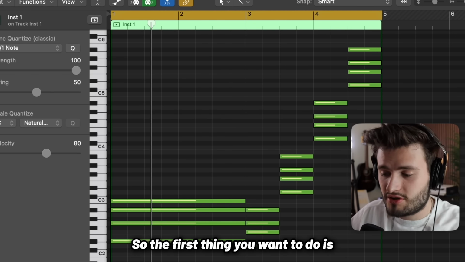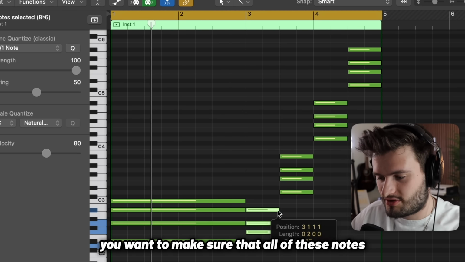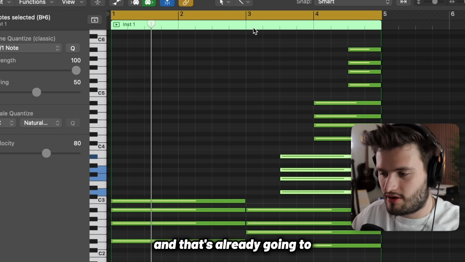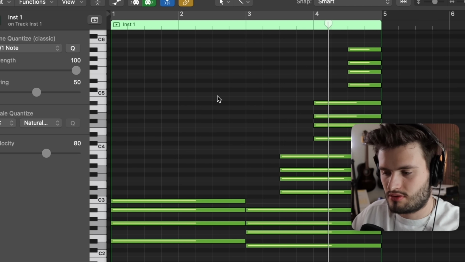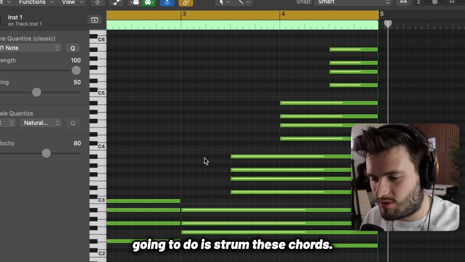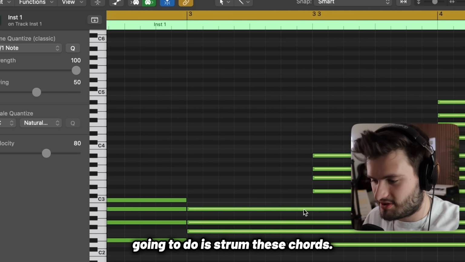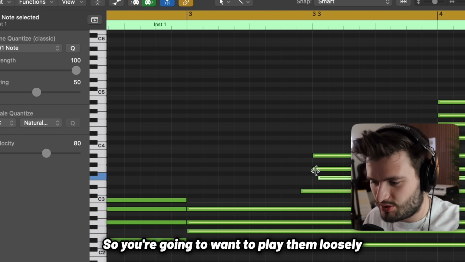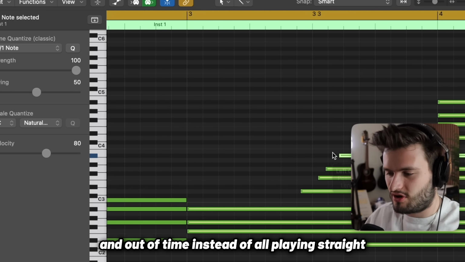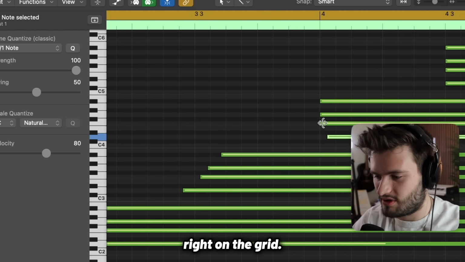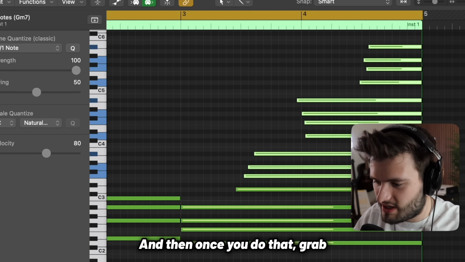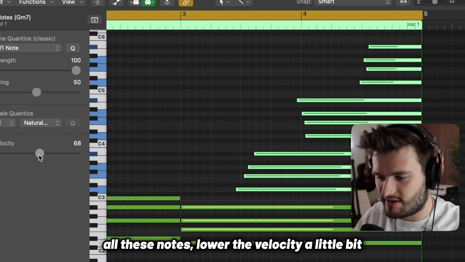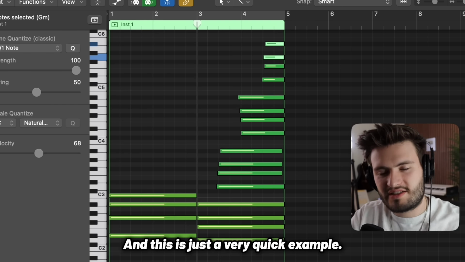So the first thing you want to do is make sure that all of these notes are going to play all the way through, and that's already going to sound a little bit smoother. Then the next thing you're going to do is strum these chords. So you're going to want to play them loosely and out of time instead of all playing straight right on the grid. And then once you do that, grab all these notes, lower the velocity a little bit so it's a little bit more gentle. And this is just a very quick